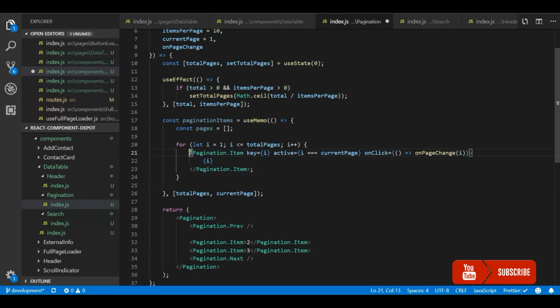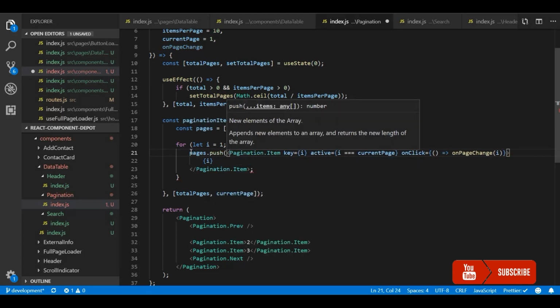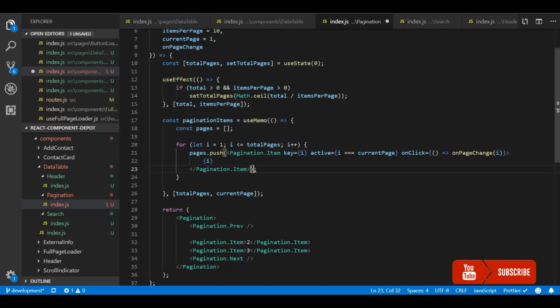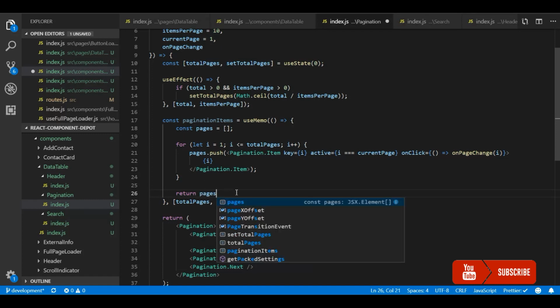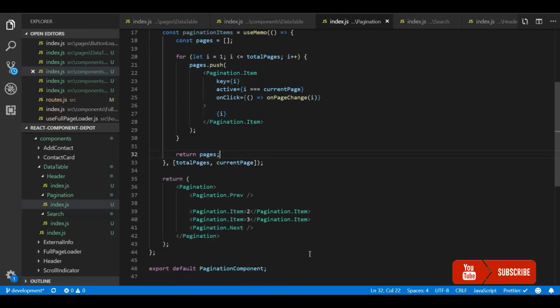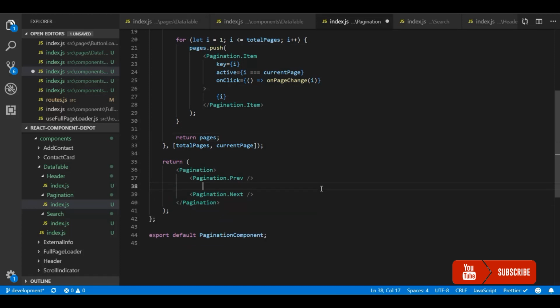And then we will return now. So okay, first we need to push all this inside the pages. And then we will return this pages. So this pages will be calculated only when items per page, total pages or current page changes. So unnecessary computation will be saved for us, for performance optimization. So we'll render the pagination here,